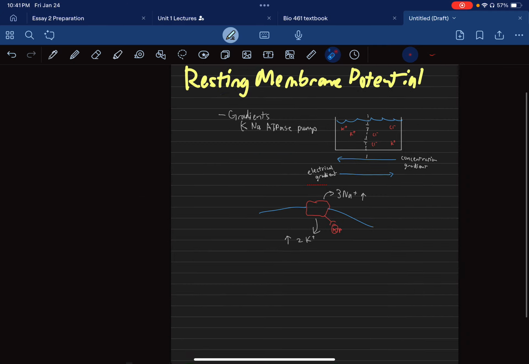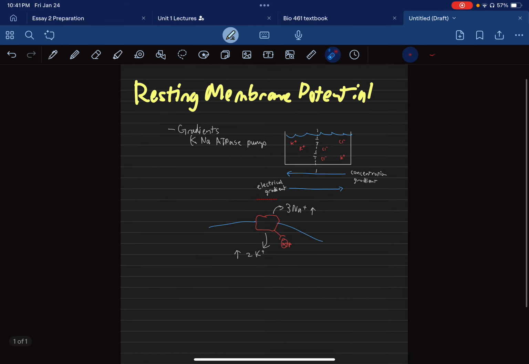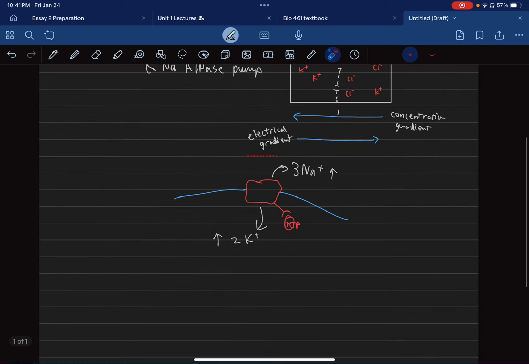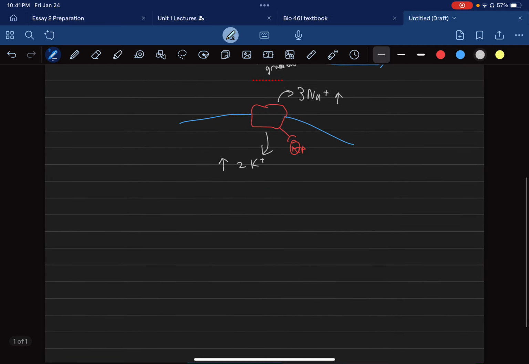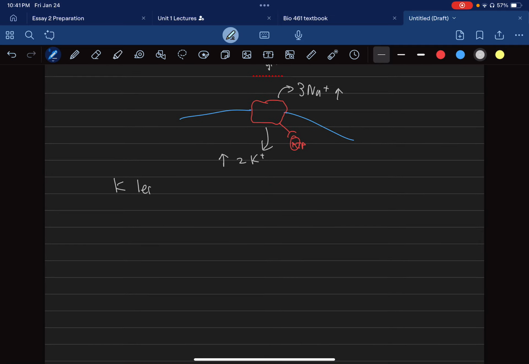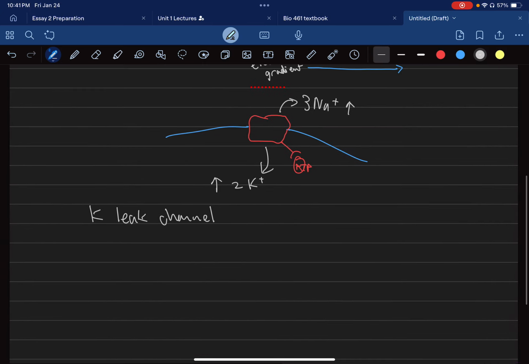And this gradient is going to help establish the resting membrane potential, and then also something called a potassium leak channel. So in the cell membrane, there's also this potassium leak channel. It's a protein channel in the membrane that's always open. So potassium